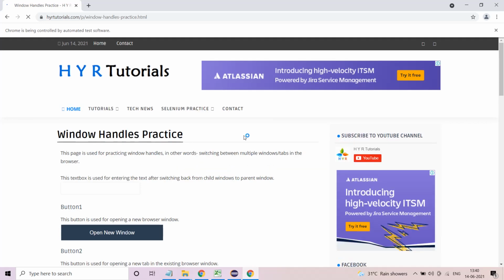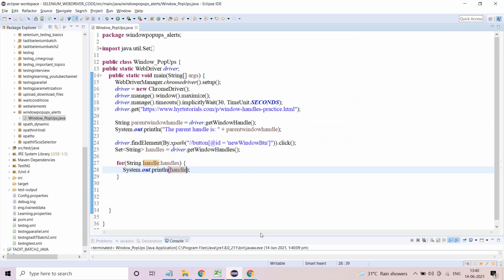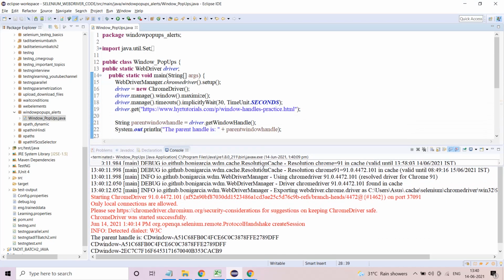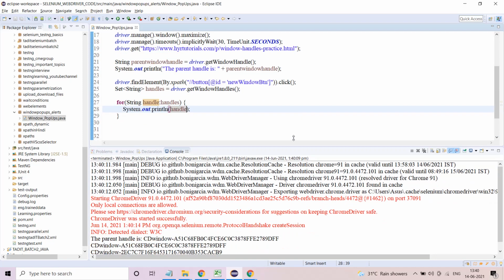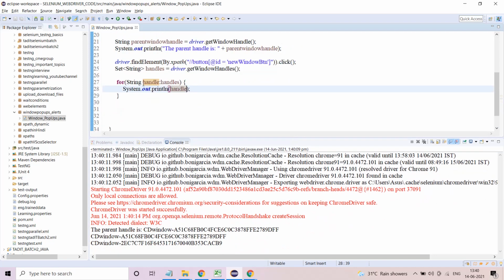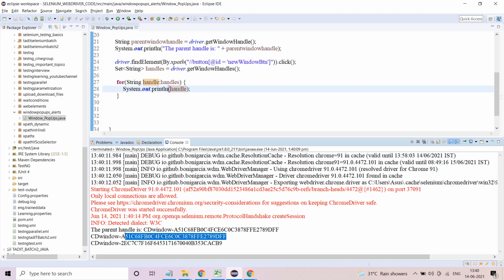Now if I go to my output, see this particular part, since I used the for loop, it recognized the fact that there are two windows. One is the parent window, and the other one is the child window. Always remember the parent window will come first because this is in the indexing part. This is always in the 0th index. So technically there are two windows, so that is why it happened.